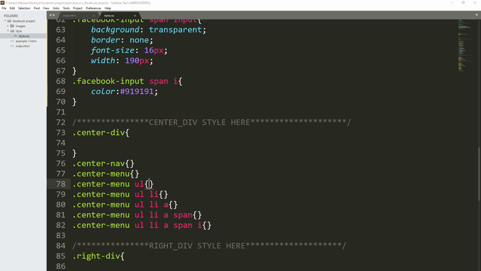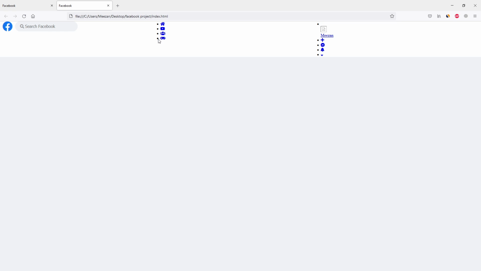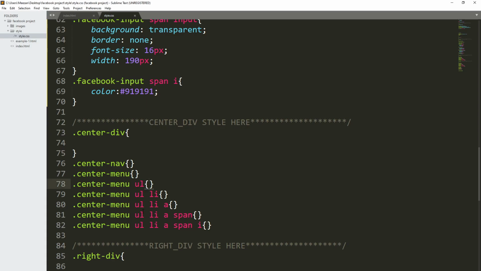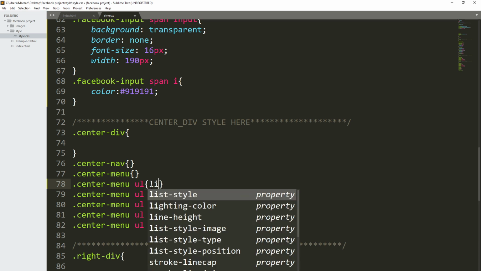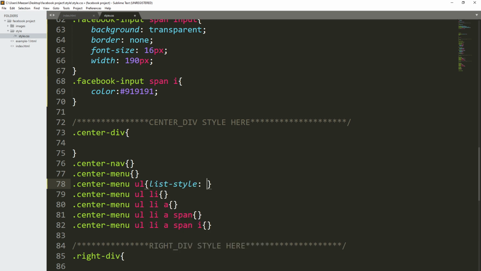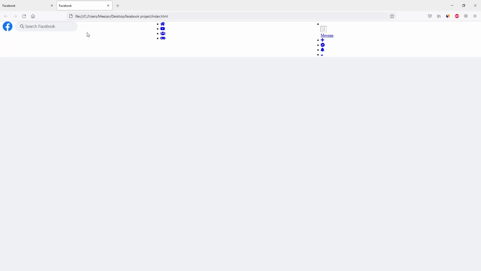To remove these bullet points, we will simply use a property which is called list-style, which is used to style the list, and it has several different values which you can give to style the bullet point. When we want to remove the bullet points, we simply say list-style: none, and the none value will remove the bullet point from the left. When we refresh the page, you can see it's removed the bullet point. So we have removed the bullet point for the center div,